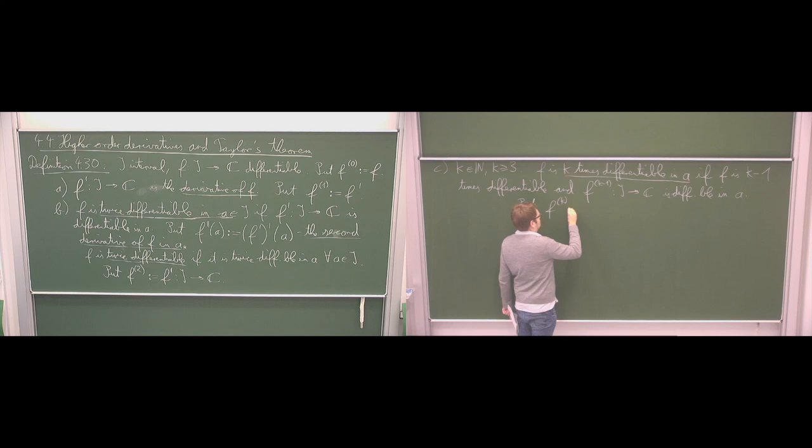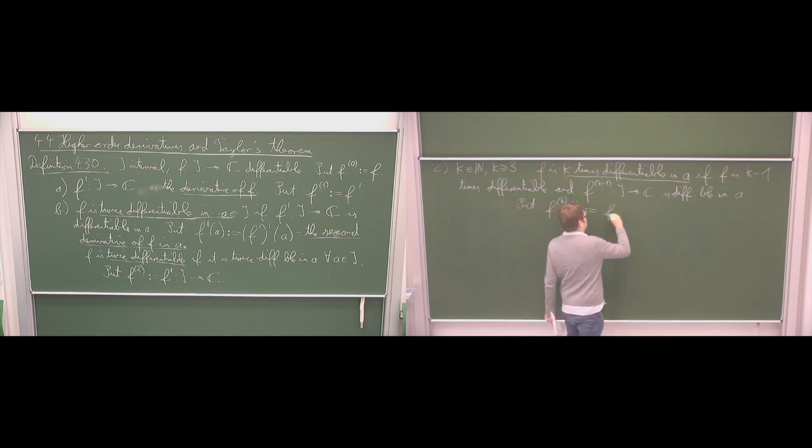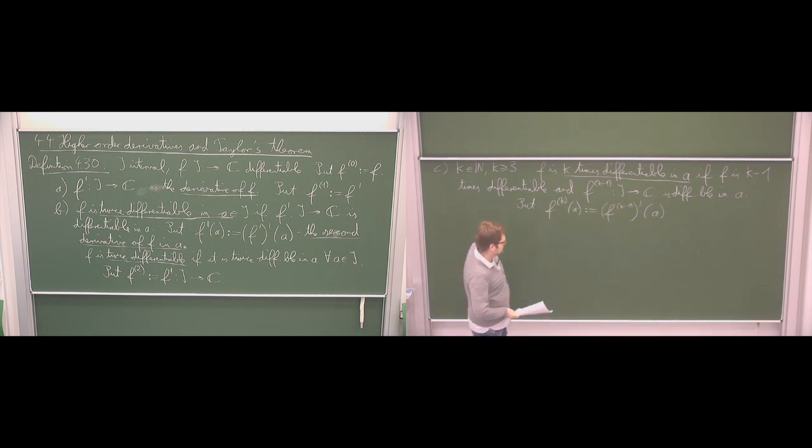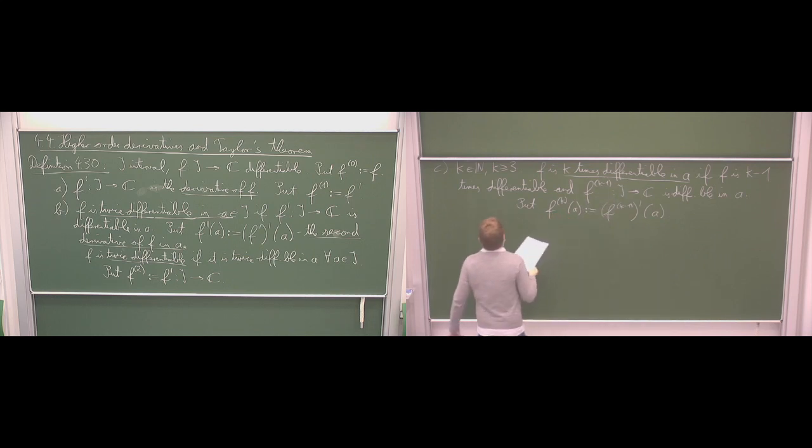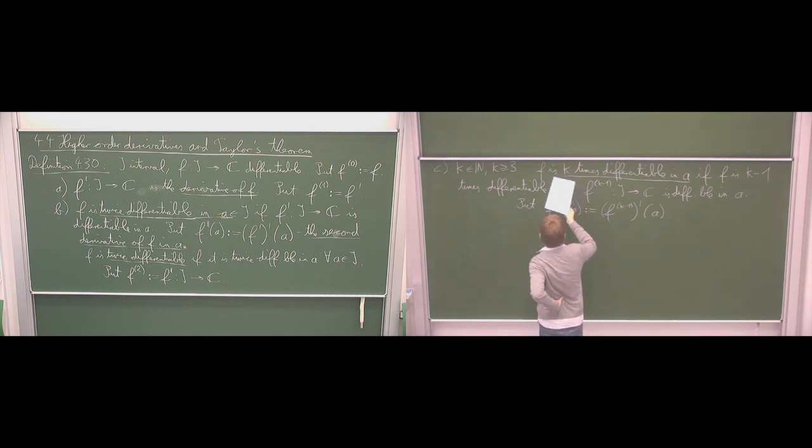Okay, so if we know that this function exists, then we put the kth derivative, which we write here in parentheses, f^(k)(A), to be defined, and now you can guess what's coming, the k minus first derivative prime in A. So the derivative of the k minus first derivative. And now, of course, this looks a bit awkward because we don't know what this is, but as you can see, we can do this recursively because we always increase k by 1. We have the second derivative, which was defined there explicitly. Now to get the third derivative, we have to insert k equal to 3 here, and this means f is 3 times differentiable in A